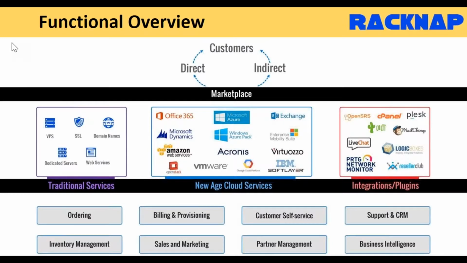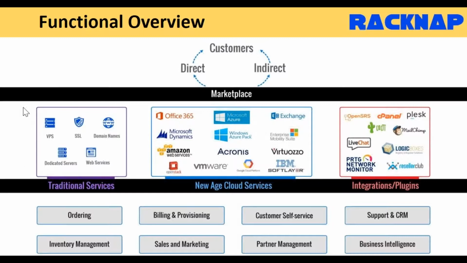If you look at this here, RackNav offers a white labeled marketplace, right? If you are someone who is offering products and services to end customers, you definitely will need a marketplace to be able to sell that. So RackNav offers that marketplace capability. RackNav helps you sell directly to customers, and indirectly via channel partners as well. RackNav is able to cater to the needs of large distributors, who are typically called master CSPs in the new world, and also the other CSPs who sell directly.